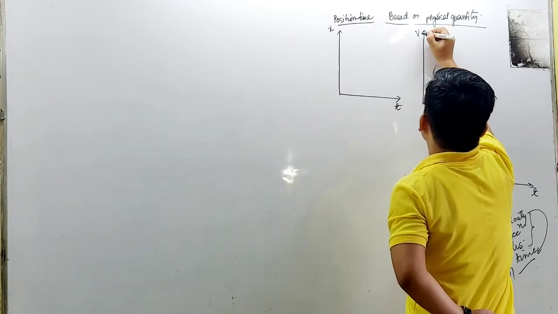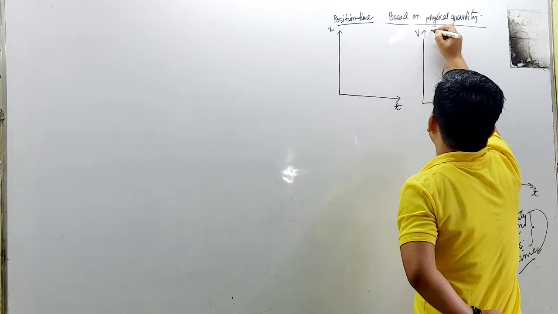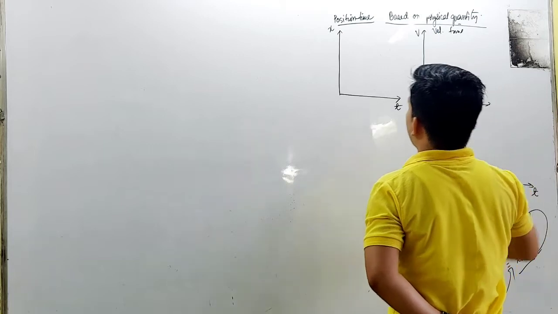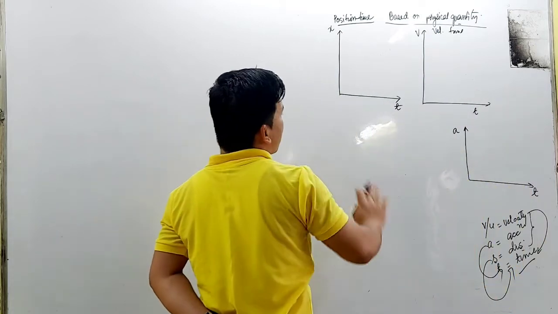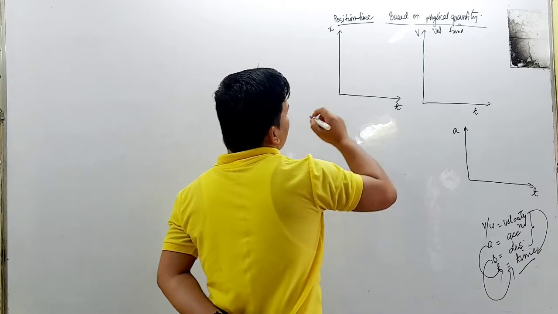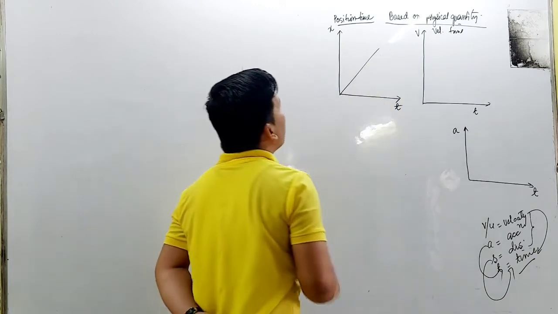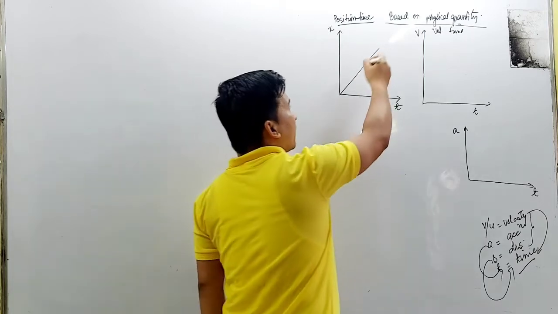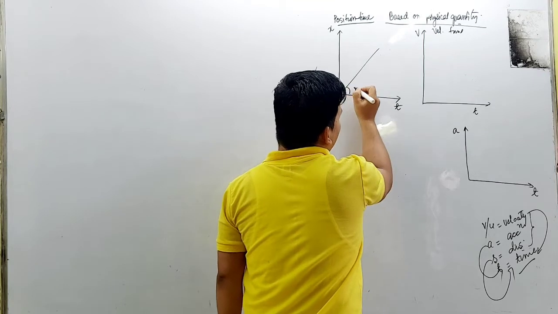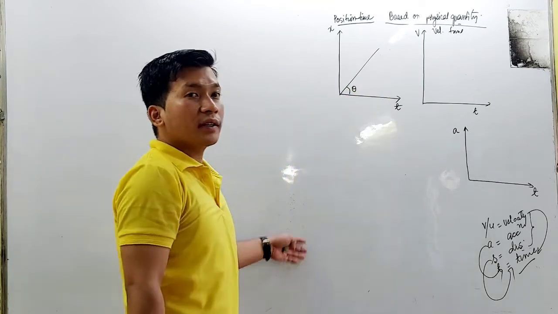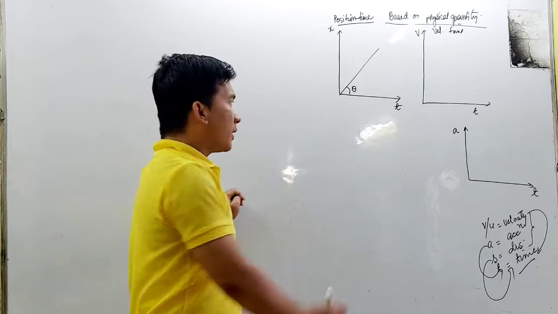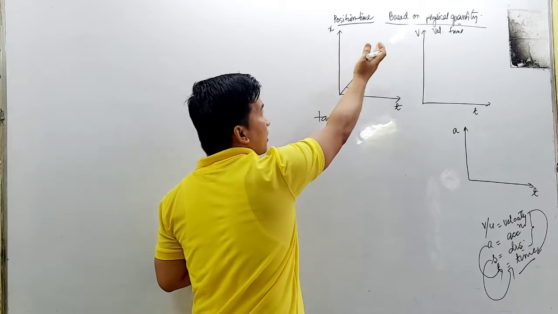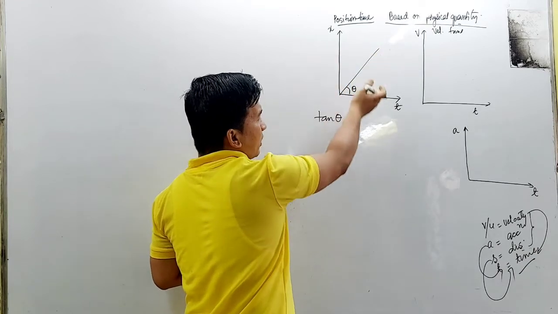Next, this will be for your velocity time graph, and this will be the acceleration time graph. Now, very simple. Let us consider a graph between displacement and time. The angle made by this straight line is theta. This theta will be considered as the slope. The tan of the angle subtended by this graph between displacement and time will be